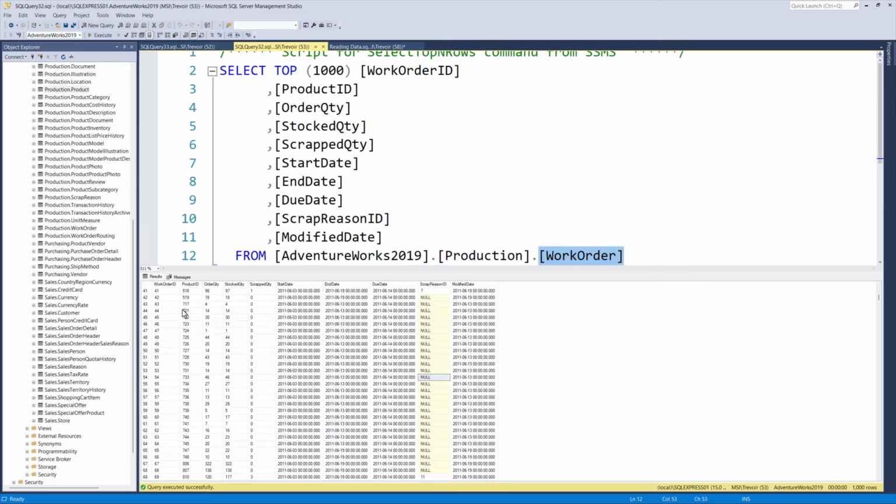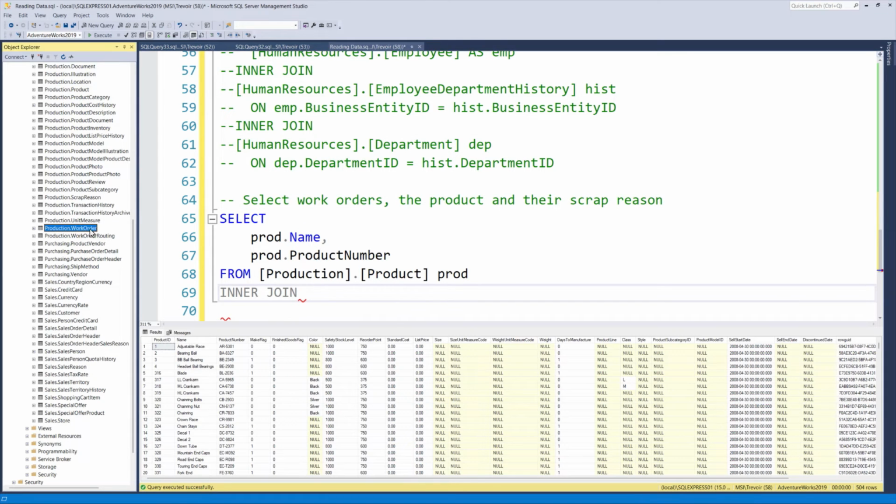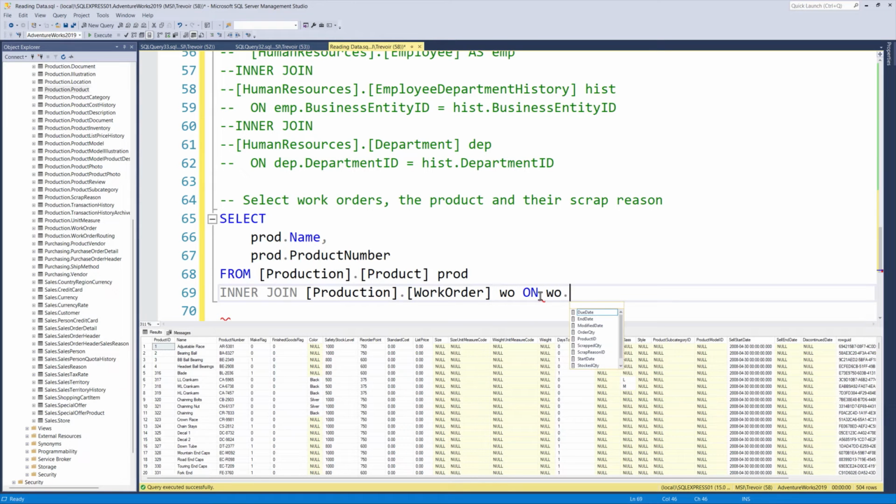But then I see in work order that there's a product ID, and I can see each work order done against the products. So going back to what we just learned, now we're going to inner join the work order table, and I'll just drag that one over, and I'll just call this one WO, work order, on the condition that